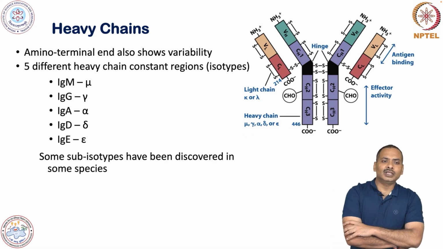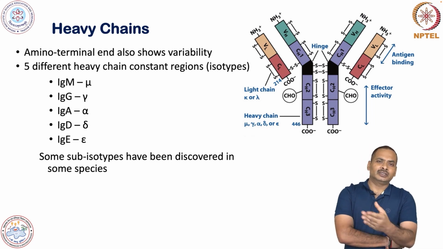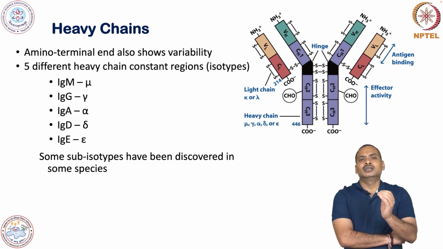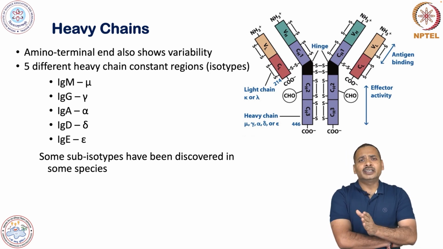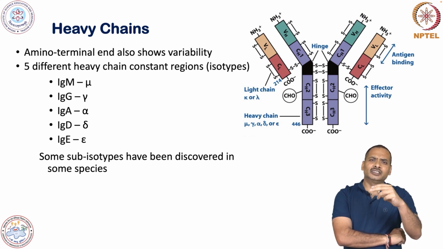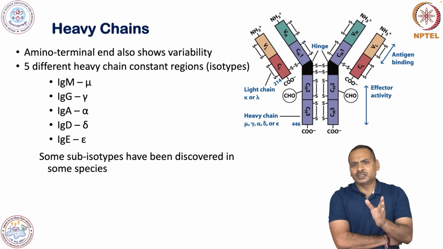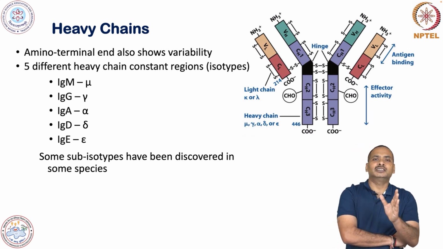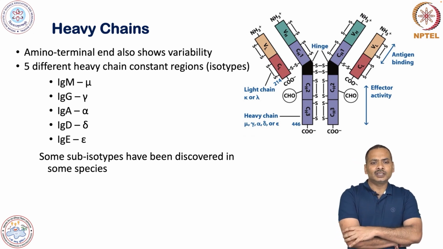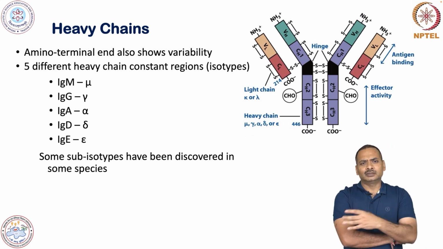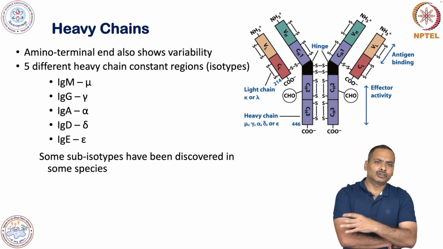Okay, some sub-isotypes have also been discovered. For example, you will see in this session that IgG, which has a gamma heavy chain, has little differences, and these little differences result in the formation of different subclasses, for example IgG1, IgG2, something like that. Okay, so we will discuss all those things, and this is not only in humans, it is also present in other species, particularly mouse. Okay,